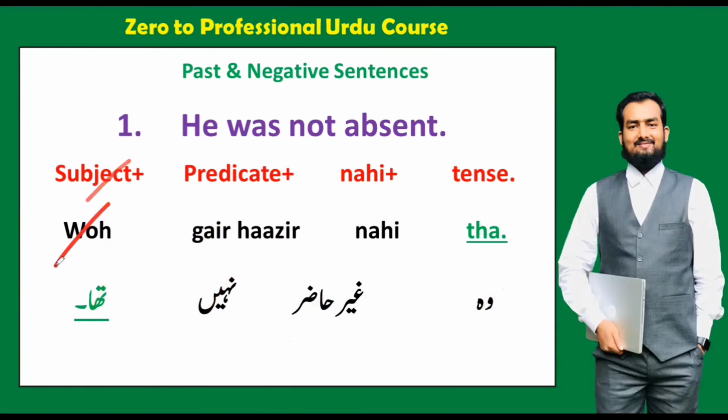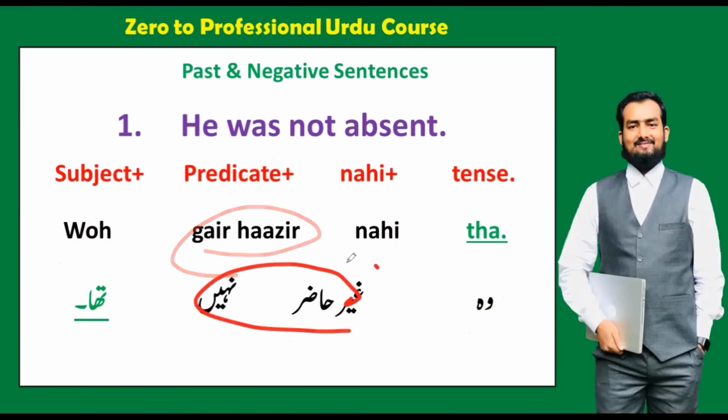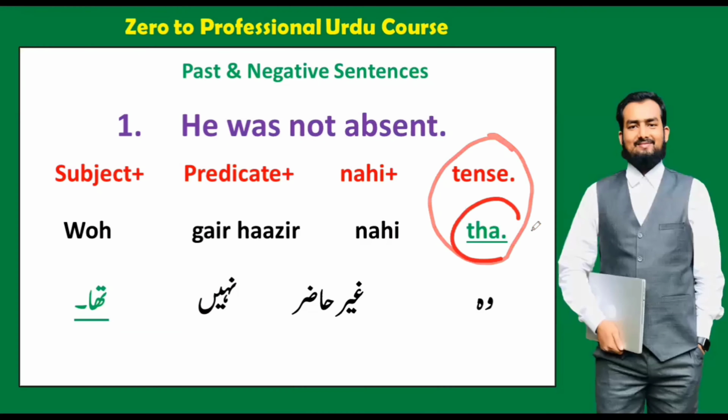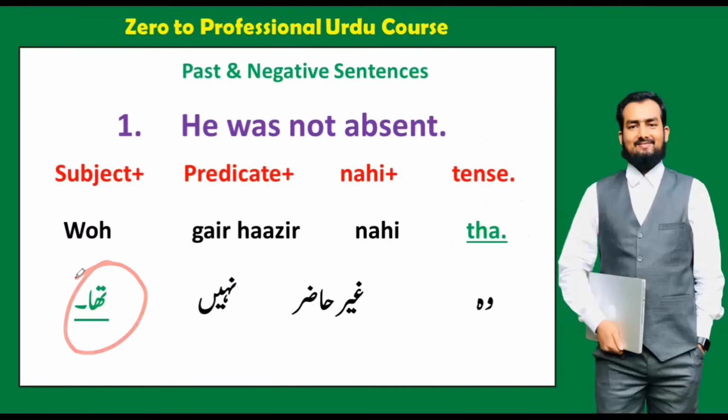Okay, so subject is वह and predicate is गैर हाजिर. गैर हाजिर नहीं means not, and था because of था. So he. You can see me. We have told here he, and we use he singular male. That is why in the sign of tense we have used here tha. So whenever our subject is singular and male and we are not giving respect, in this case the sentence is past, so we will say tha. Okay, wo ghair hazir nahi tha.